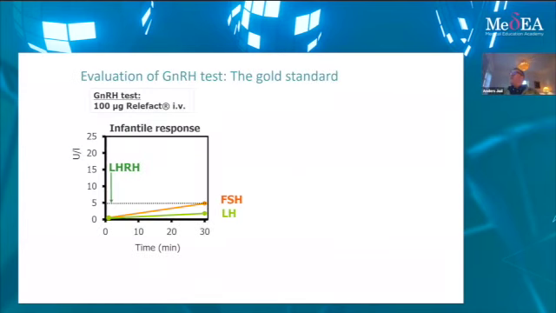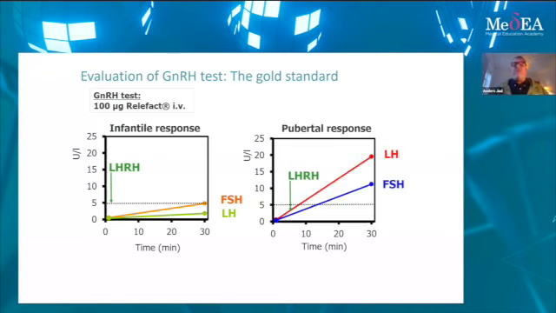So when we do this initial evaluation of a girl, to figure out whether we should do a brain MRI and subsequently if we should offer therapy, we do a GnRH test, which, as I said before, is the gold standard. And there are several ways to do this. In our country, we use synthetic GnRH, so it's not a long-acting analog, but a short-acting GnRH. We inject it IV, and after 30 minutes, you have a rise in LH and FSH, and this is a prepubertal response. And if LH is rising to above 5, we will call this a